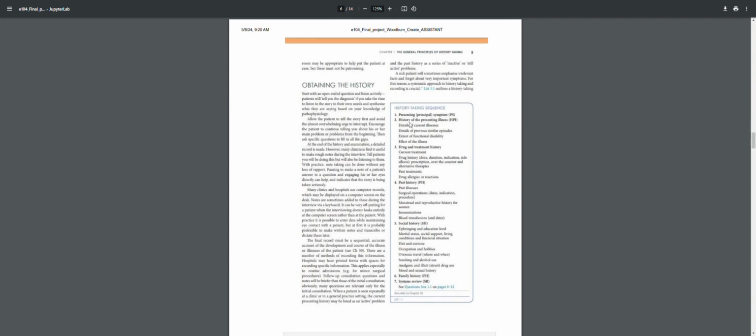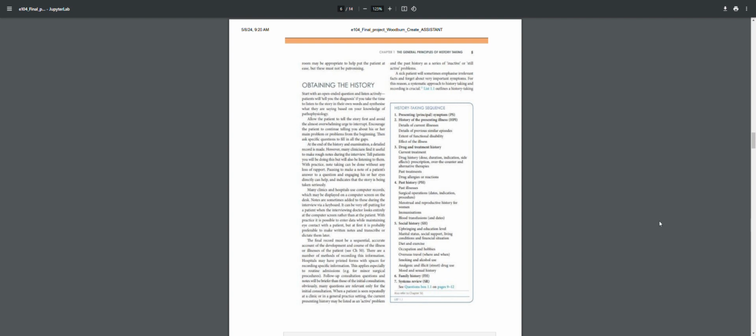These are the textbooks, and on the right hand side of the screen here is the history taking sequence that's recommended in this famous textbook, Tully and O'Connor's Clinical Examination. It starts with the presenting principal symptom, which is what's the main thing that's brought the patient in, and then it goes all the way down until it asks the doctor to conduct what you call a systems review, which is asking an enormous number of questions about other symptoms that might be occurring elsewhere in the body in completely separate